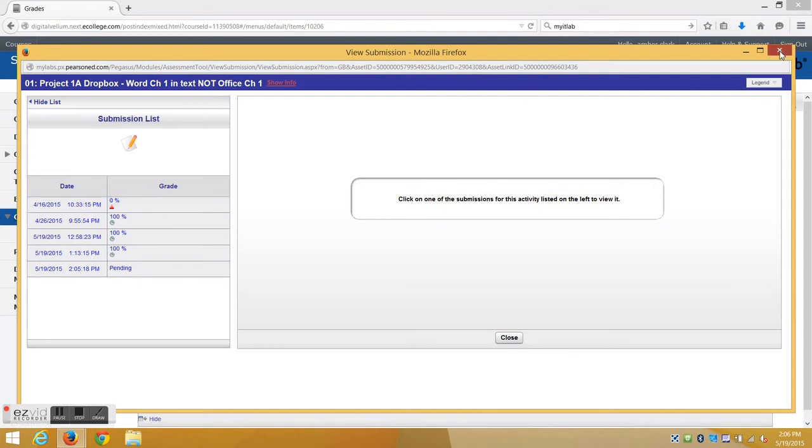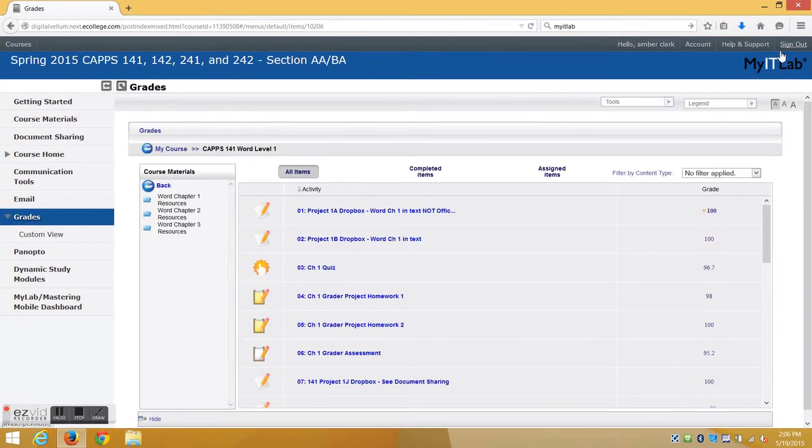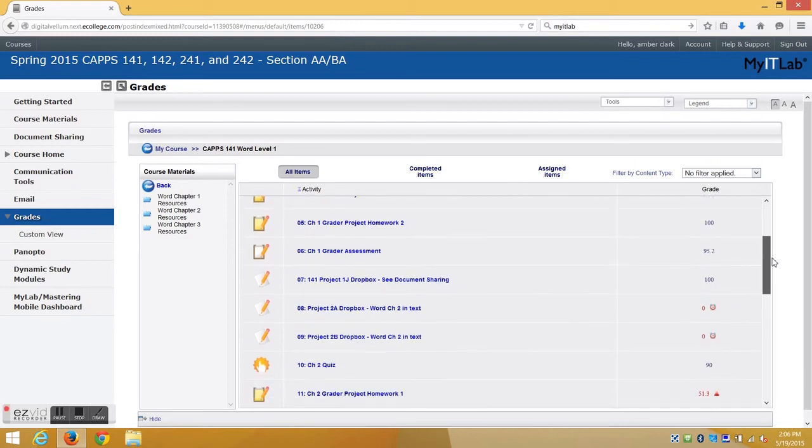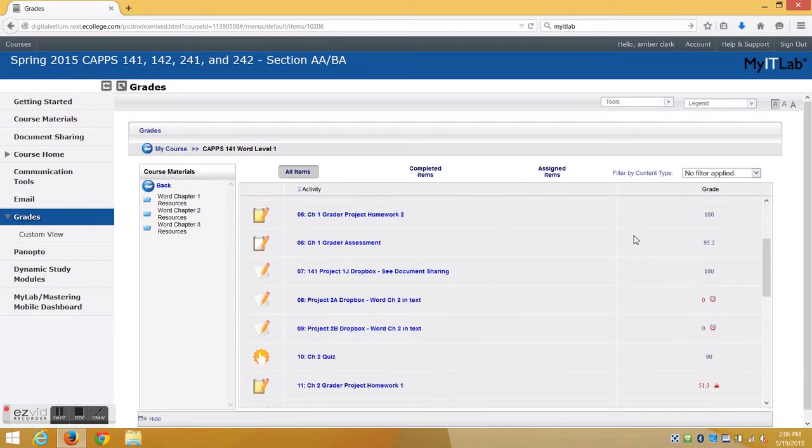So now that we have the 1A and 1B Dropbox activities, let's go down to the final Dropbox activity, because there's 3 Dropbox activities in each chapter in CAPS. So you'll go down to 141 Project 1J Dropbox, and it says See Document Sharing. So what that means is you need to go to document sharing before you even can start this assignment, you need to go and find